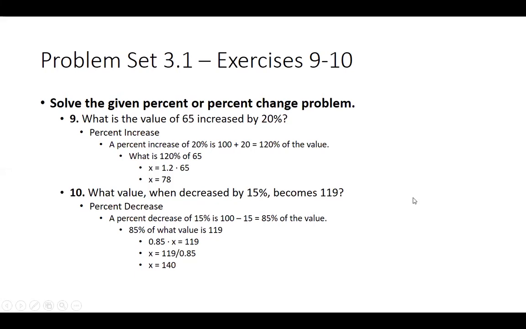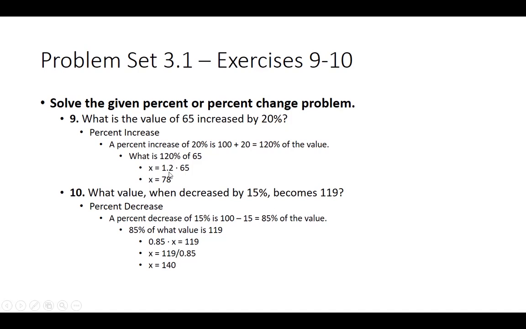Same instructions for 9 and 10. In number 9, we're asked, what is the value of 65 increased by 20%? This is a 20% increase. That would be 100 plus 20, or 120% of the value. So another way of asking the question, what is the value of 65 increased by 20%, is what is 120% of 65? Directly translating, what, our unknown, would be x, is equals,